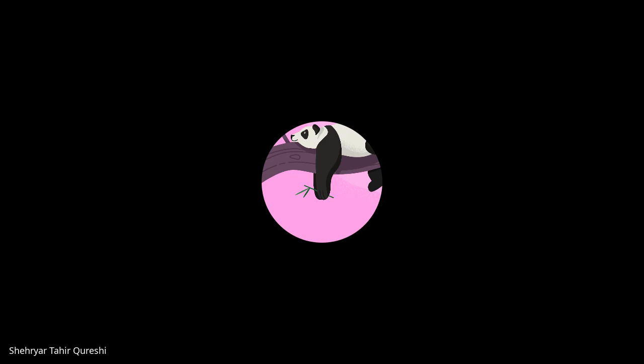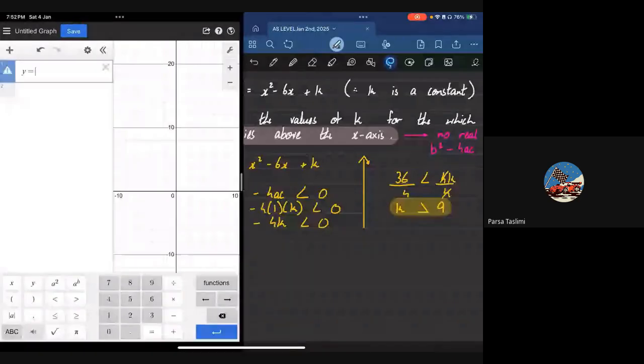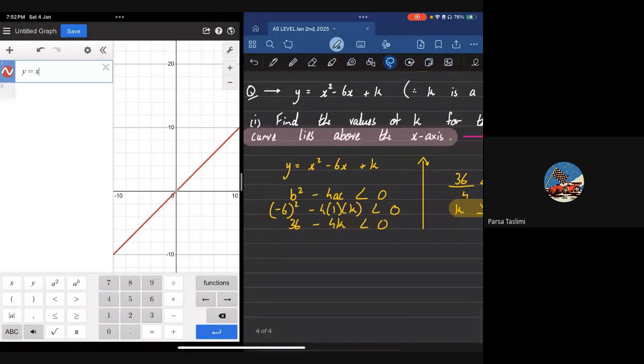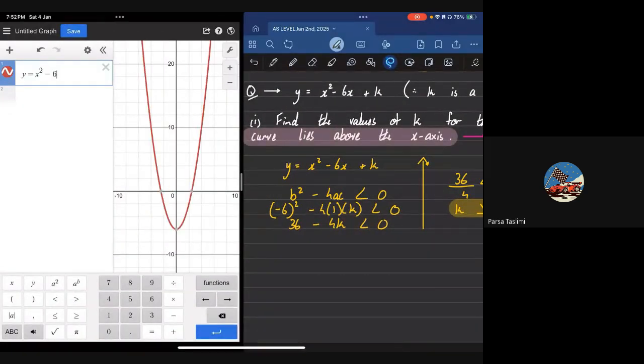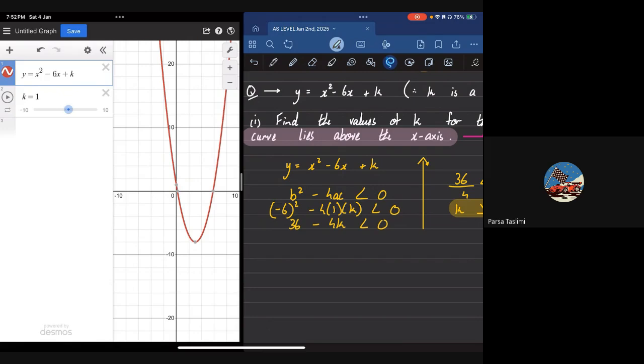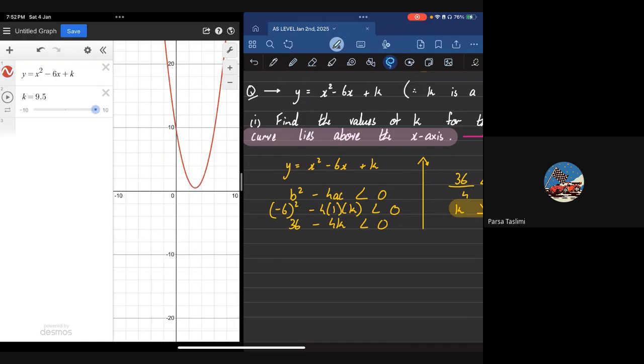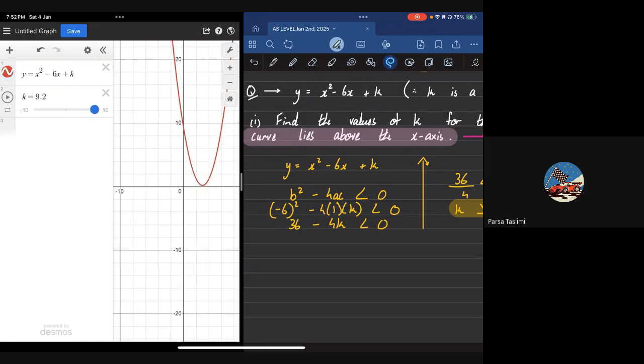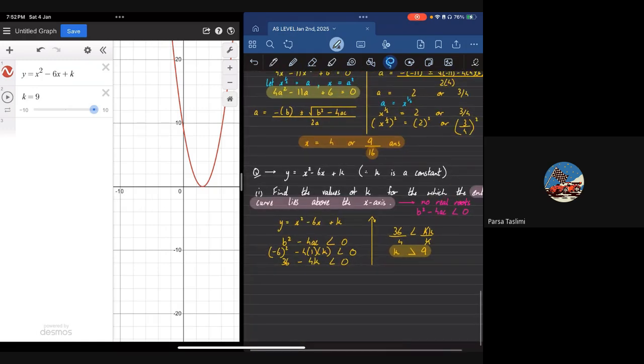So, for example, Parsa, you're saying that basically, if k is equal to 9, it would have one real root. If it was less than 9, it would have two real roots, and if it was greater than 9, it would have no real roots. Okay, look at this. If it is equal to 9, it is going to have one real root. Now, Parsa, you are absolutely right,